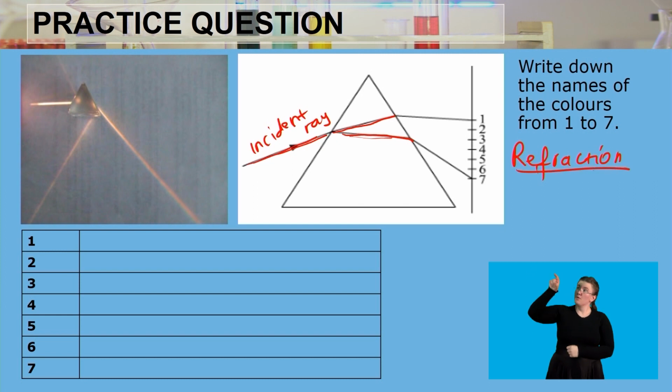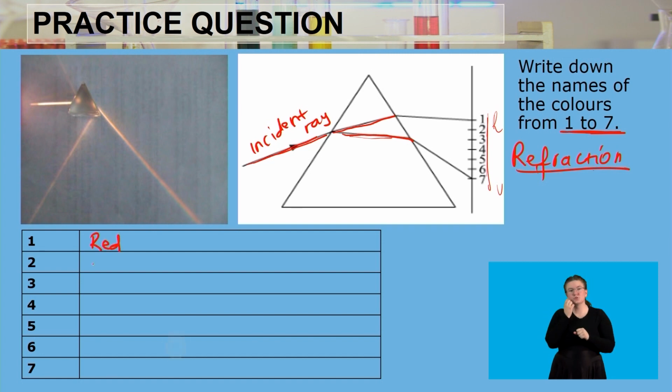Now, as light is being refracted, it is going to split into the 7 different colors. Remember the ROYGBIV, starting from the red color all the way to the violet. What we are supposed to do now is to name those 7 different colors from number 1 in that particular order. So the first one there at the top, that is going to be red,